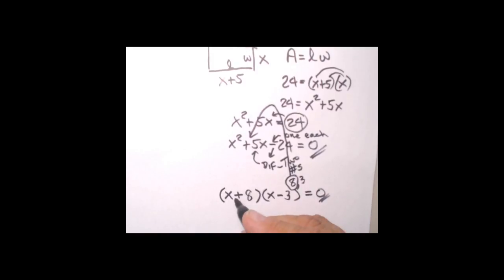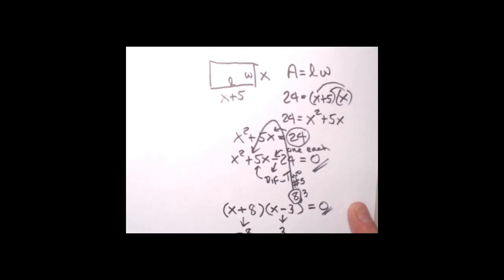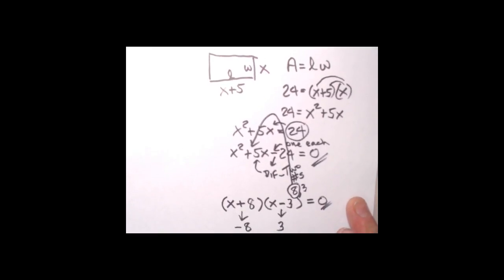Okay, each one of these binomials can equal 0 because their product equals 0. So what value of x makes this one equal to 0? Well, -8. What value of x makes this one equal to 0? Well, 3. Now, many times when you get both positive and negative answers in a geometric problem, one of them